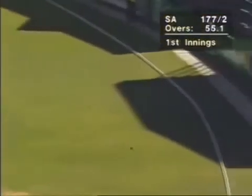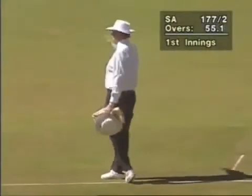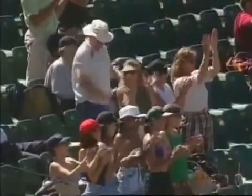Past Fraser, and he'll never haul it in. Now 100 these 2 have put on, and what a valuable partnership this is turning out to be for South Africa. The run rate now in